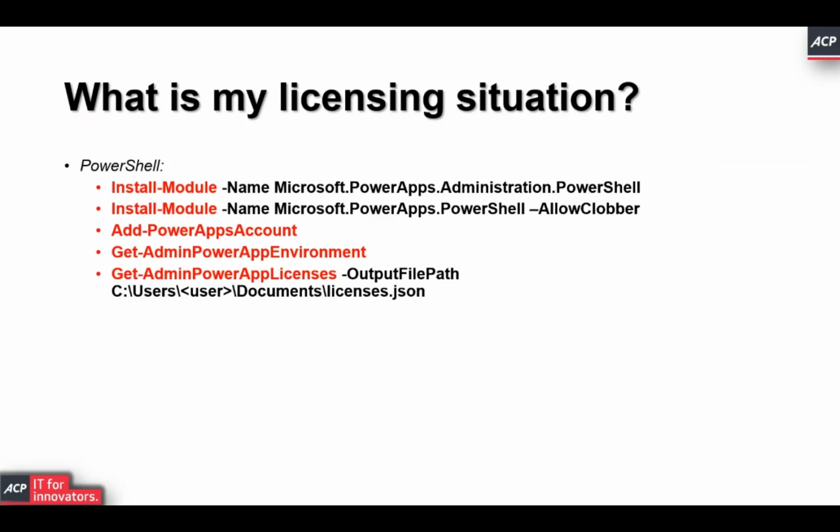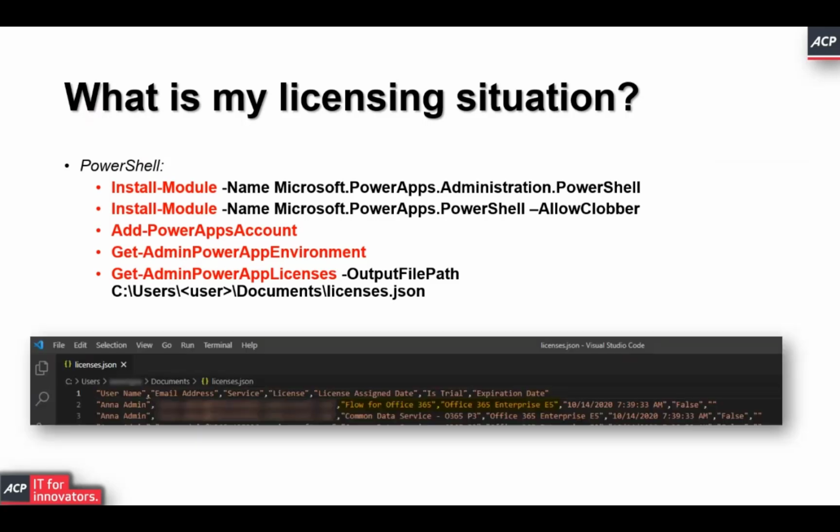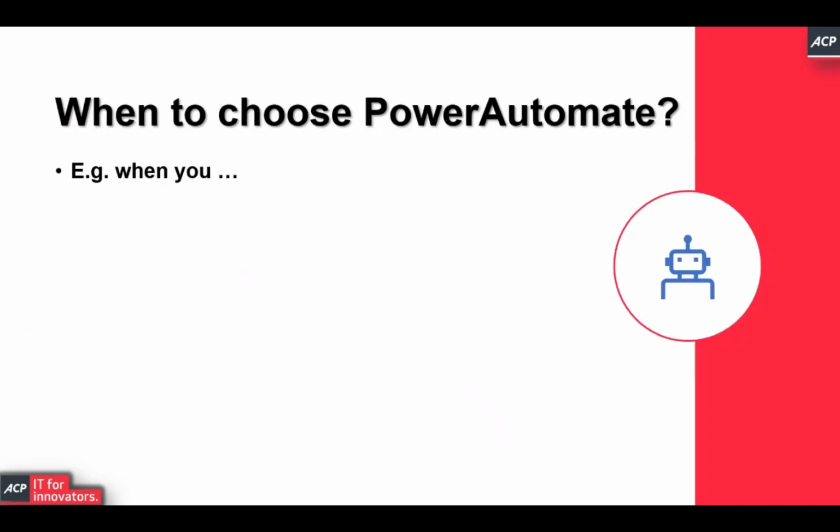Sorry. So there are just some PowerShell commands that you can use to find out what your licensing situation is. But like I said, you have to have admin privileges and obviously have to be able to find out more about your tenant than just a normal user. And if you run these cmdlets, you will get JSON, which has all the information for all your users and for the different licenses, and then you can see what exactly they have in terms of flow licenses and what they can do with it.